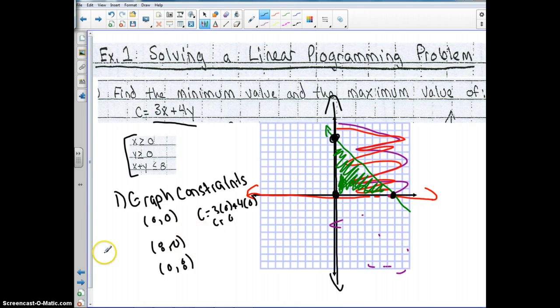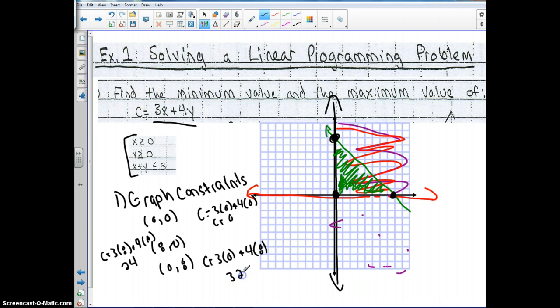Then I do the same thing with 8, 0. So 3 times 8 plus 4 times 0. Well, I get 24. And then I do 0, 8: C equals 3 times 0 plus 4 times 8,